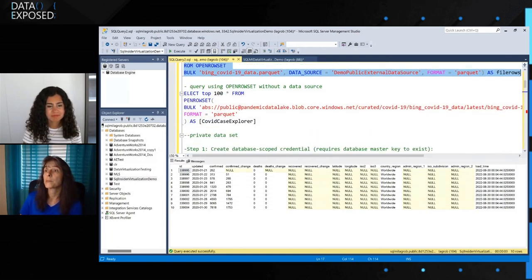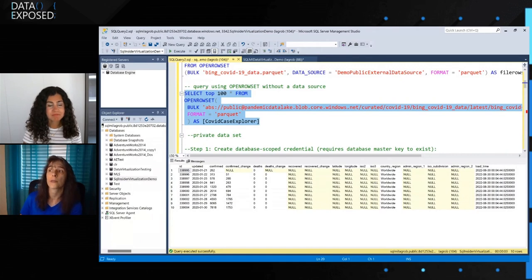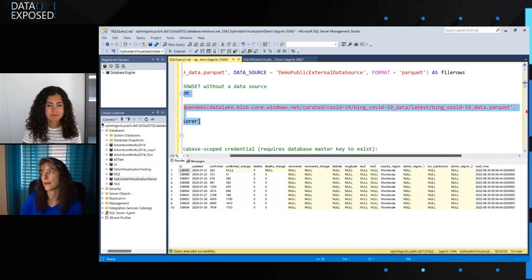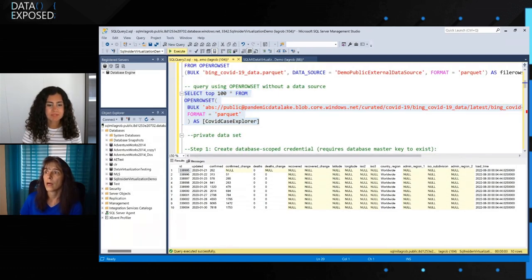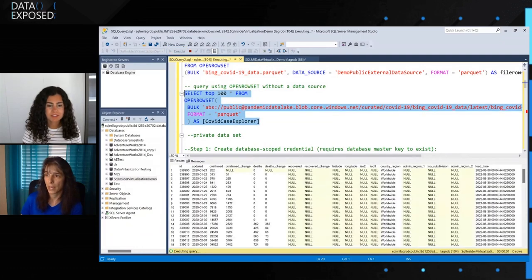I have another choice because I can actually query this without specifying a data source. And in that scenario, you'll notice that I still have my bulk, but I give it the full path. So I'm telling it that it's on Azure Blob Storage, the container at, and then my storage account where it's located, and then the full path to the file. So you can see it's specifying the specific Parquet file there. And so, I can go ahead and pull this data back, and it comes back pretty quick. Got it. Yeah, it's quick. And this was the scenario you were saying where if you wanted to do quick exploration, you would use something like this.